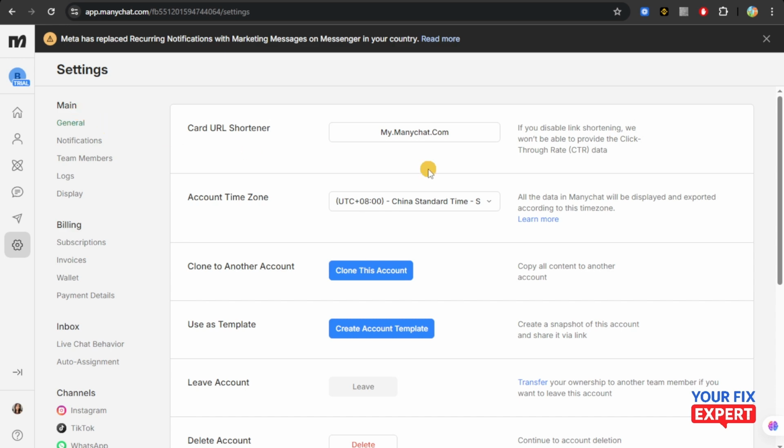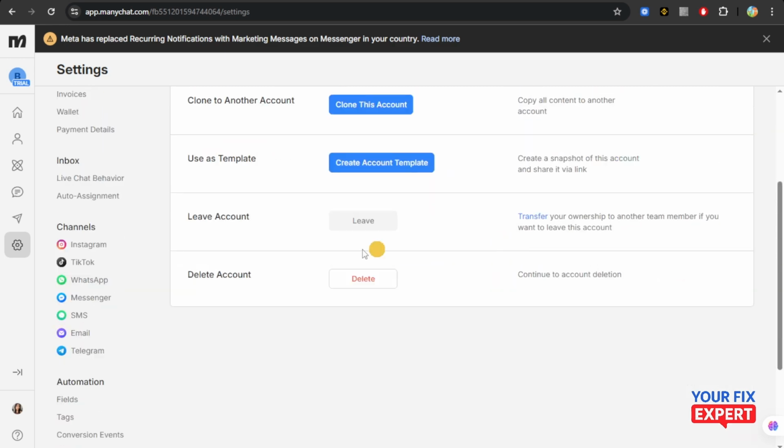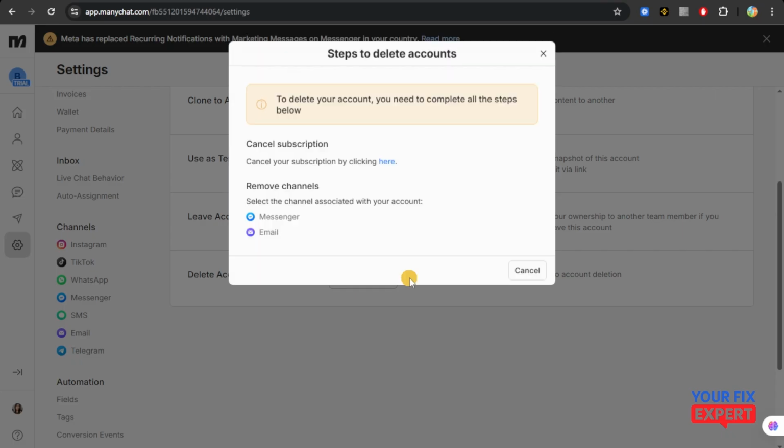And then from here, you're just going to scroll down to the very bottom of this page, and then you're going to click on delete. So you have here the option to delete your account. You're just going to click on delete, and then first, before you delete it, you will need to complete all of the steps below. So for this one, it all depends on what your current